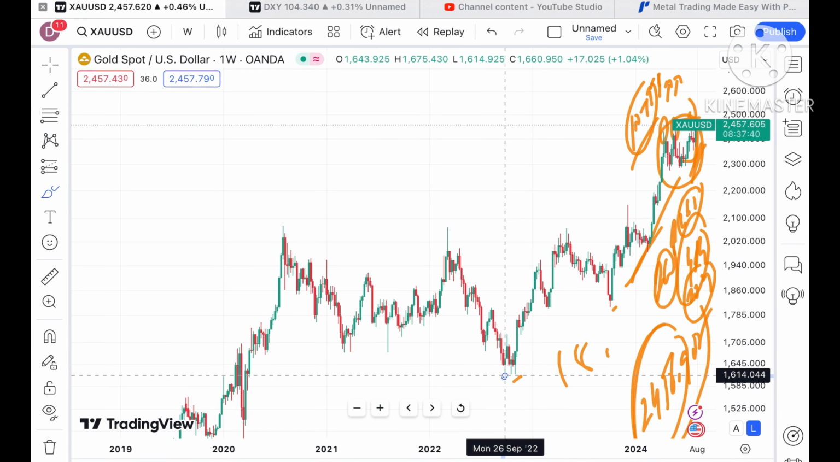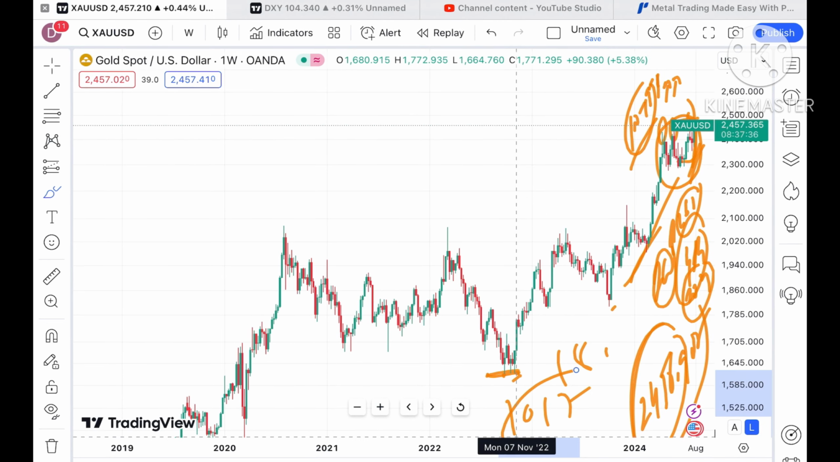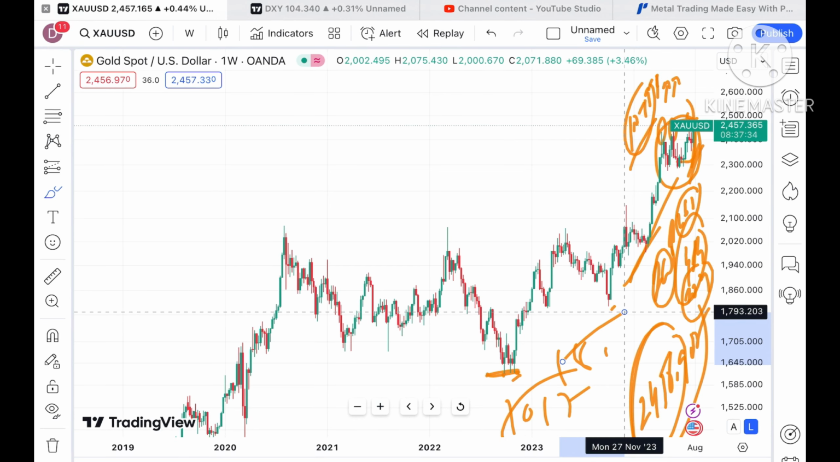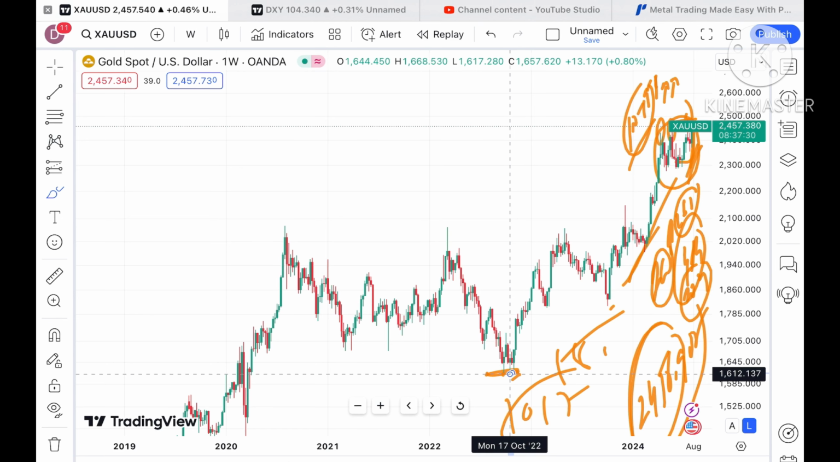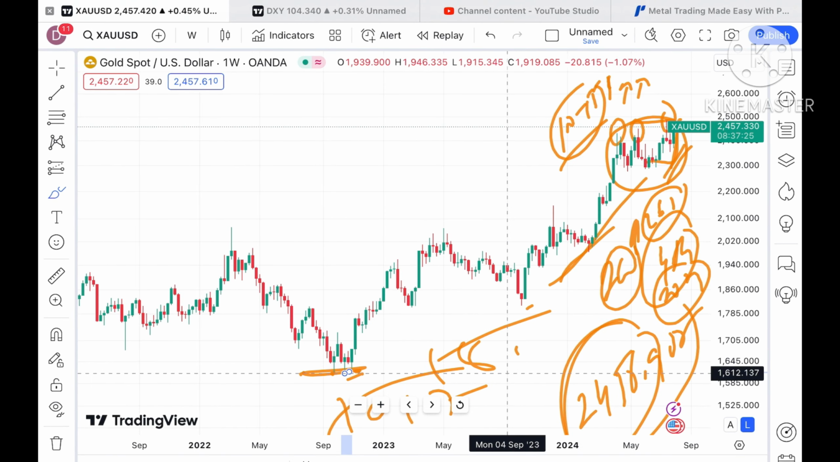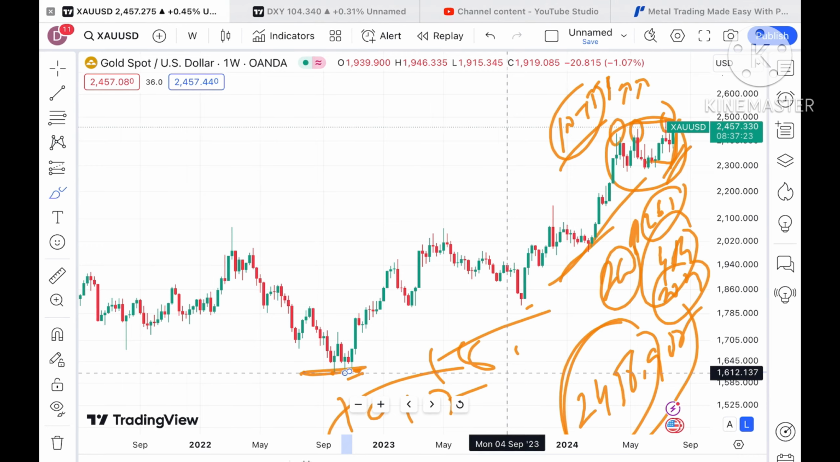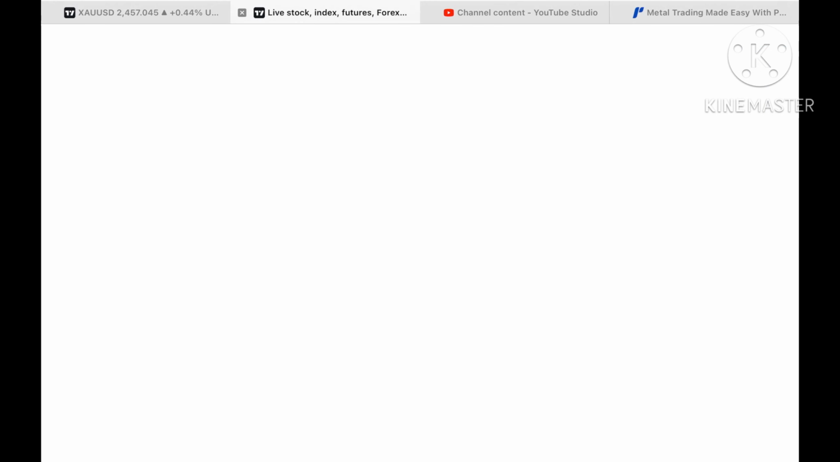In the month of around September of 2022, it made a low of around 1617. After that there is a continuous upside, more than $800 of movement in less than 2 years. The probability will be higher that if the price keeps moving above this level, we can see a further upside movement. If you look at the dollar index also,